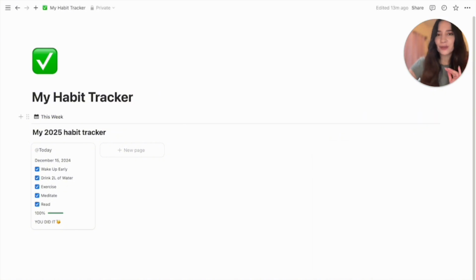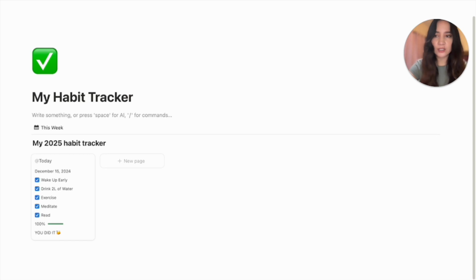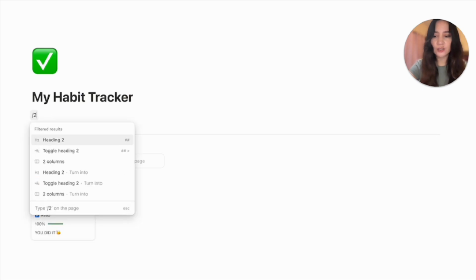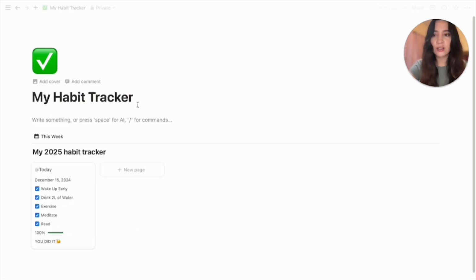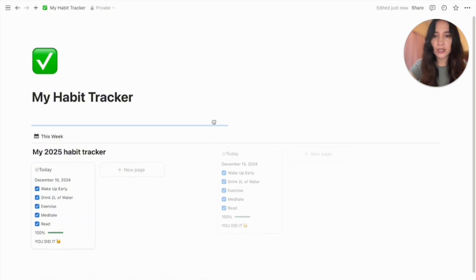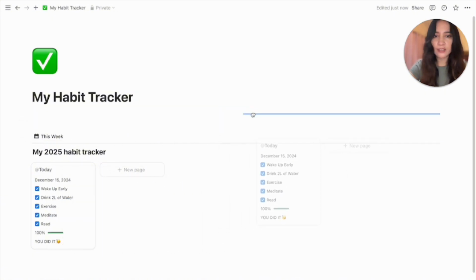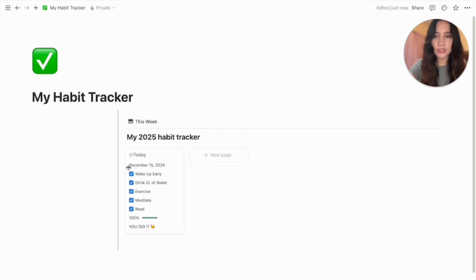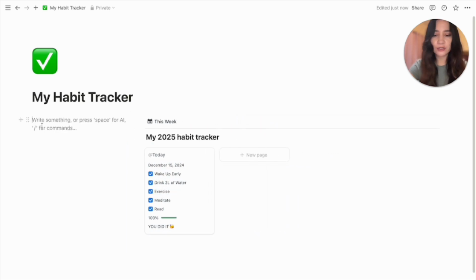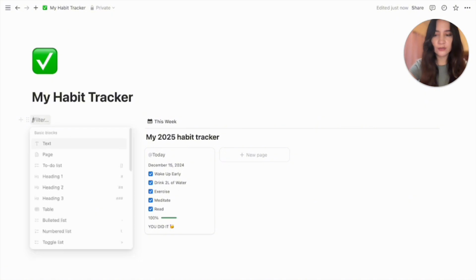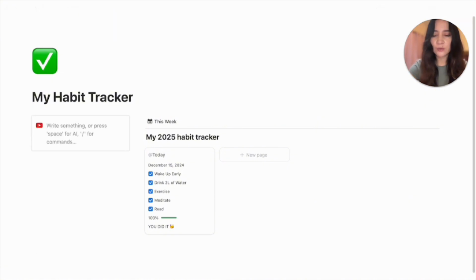Okay, now I want to add the buttons so that I can check off each habit for that day. And I'm going to place them on the side of my weekly view. So I'm going to click right here at the top where it says my habit tracker and hit return just to create some space. And what I'm going to do is /2C. This creates two columns. And I'm going to place my weekly view on the right side. And I can make it a little bit bigger. And over here, I'll start by including a callout. So /callout, and this will be